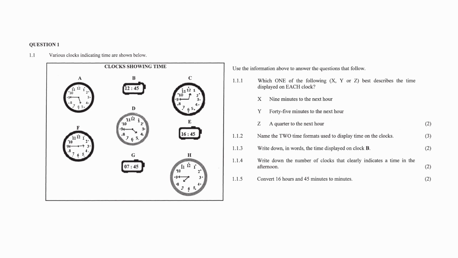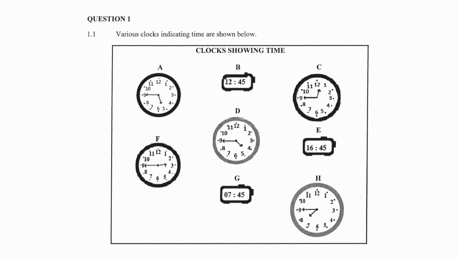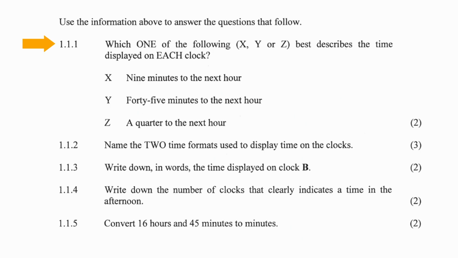Question 1.1 consists of 5 measurement questions that were designed to assess your ability to read and calculate time. You are given a set of analog and digital clocks showing various times. You have to use this information to answer the questions that follow. In question 111, you have to write down which one of the following options X, Y, or Z best describes